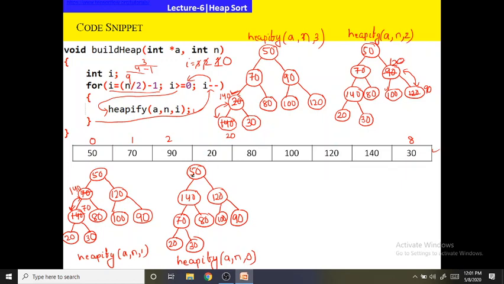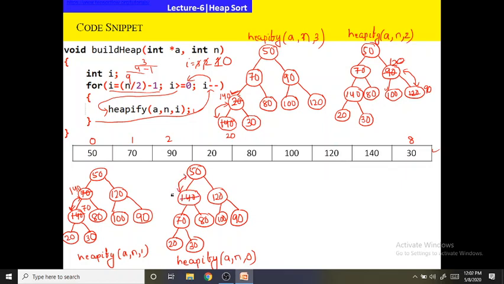Now we have to look at the left child. The left child is 140. 140 is larger than 50. So we have to compare the larger element, 140, with the right child. Is 140 larger or is 120 larger? 140 is larger. So we will swap these two values.